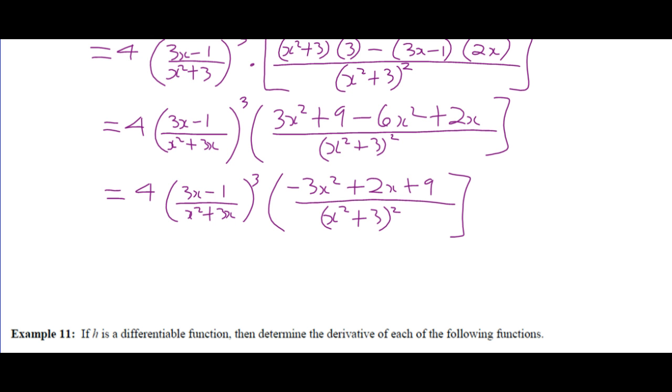Okay, I don't like negatives in there. So let's go negative 4. Let's go 3x squared minus 2x minus 9. Let's go 3x minus 1 cubed